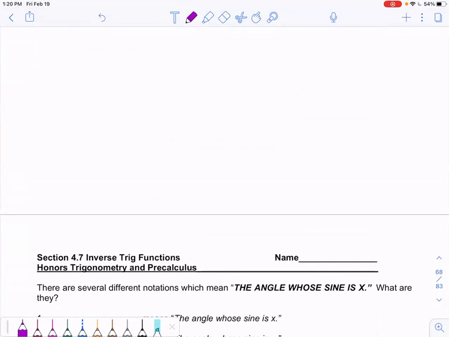Before we get to the notes, I just want to give you a little inverse refresher with algebra functions. You do not need to write this down, but this is so that you think about the process in your brain to review what an inverse function looks like, how to find one, or when one exists. So if I go back to the most,